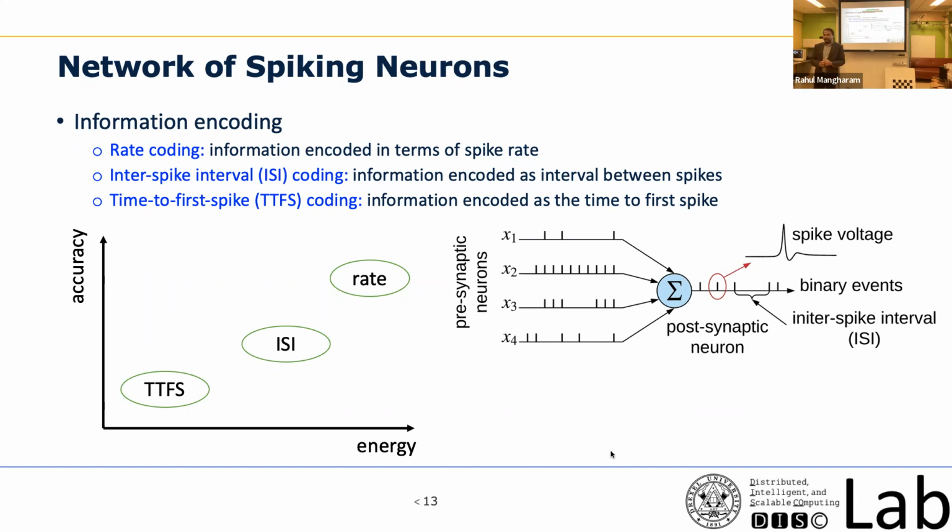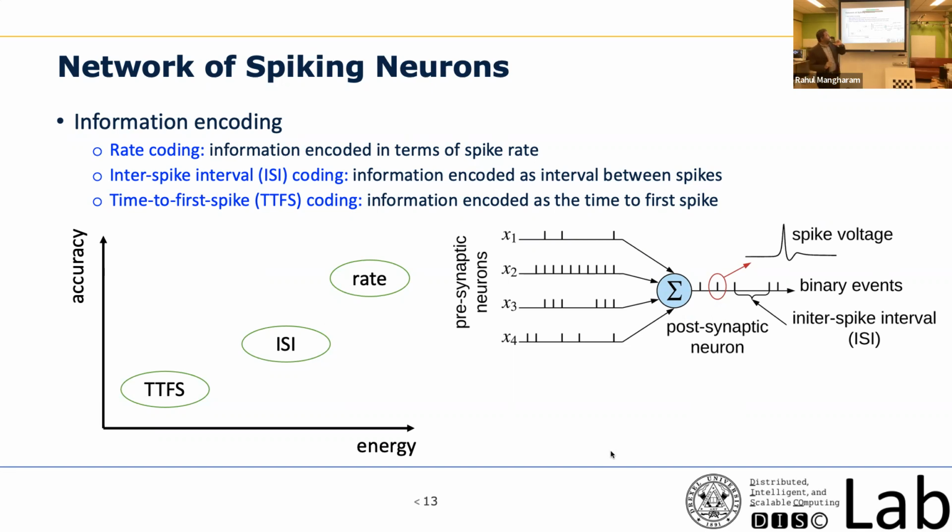The first is called rate coding. Think about it in your convolutional neural network: the value of a tensor is converted into a spike in the form of a rate. So let's say you have a tensor whose value is 75. You can think of it equivalently as generating a spike whose firing rate is 75 hertz or something like that. So basically it's converting a pure value that you obtain into a corresponding rate of spikes. Very simple to implement. You will get extremely good accuracy, but too many spikes get generated, and that consumes a lot of energy.